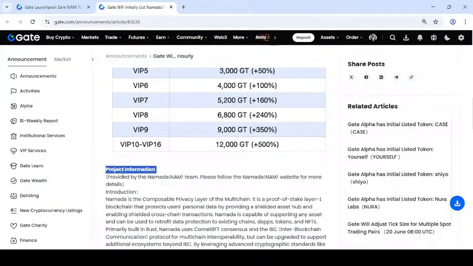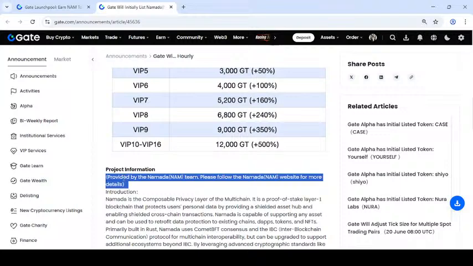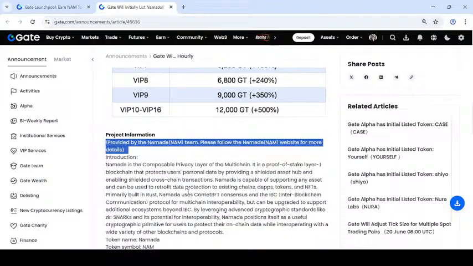The project information that provided by the name Namada is most applications and Namada more details and the instructions.